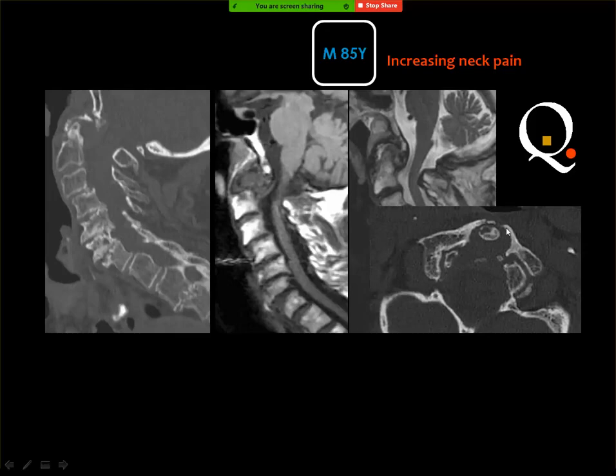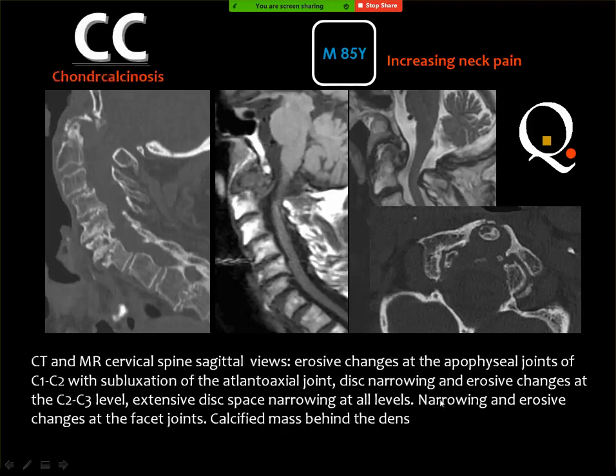Chordoma. Any other possibilities? Rheumatoid arthritis. Rheumatoid is a very good possibility. Other possibilities? It can be metastasis, lymphoma, for example. These are all possibilities. But if you look carefully here, this is a case of chondrocalcinosis, or calcium pyrophosphate